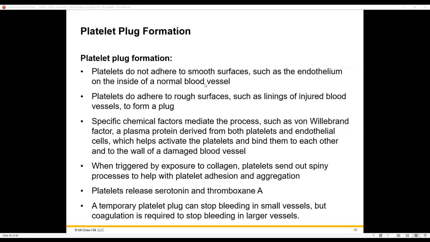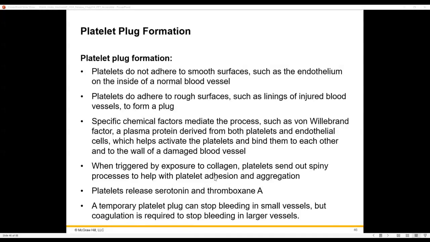In platelet plug formation, the platelets do not adhere to the smooth surfaces, such as the endothelium on the inside of a normal blood vessel. So platelets do adhere to rough surfaces, such as linings of the injured blood vessels, to form a plug. Specific chemical factors mediate the process, such as von Willebrand factor, a plasma protein which is derived from both platelets and endothelial cells, which helps activate the platelets and bind them to each other and to the wall of a